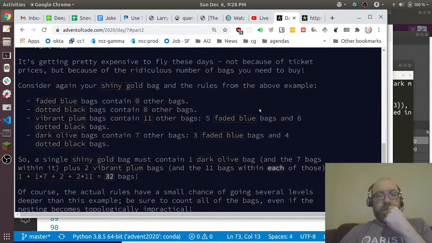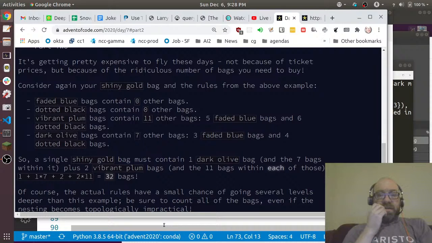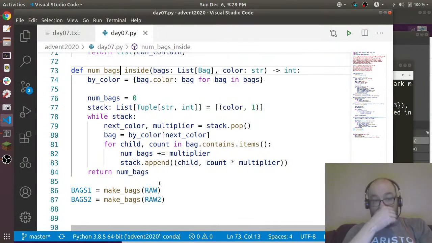A single shiny gold bag must contain 1 dark olive bag and the 7 bags within it, plus 2 vibrant plum bags and the 11 bags within each of those. Of course, the actual rules have a small chance of... Okay, so